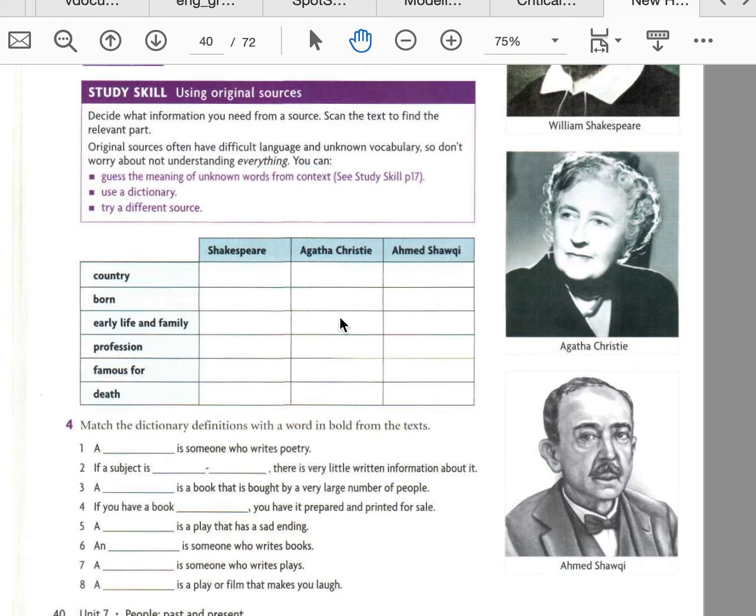And finally, we have Ahmed Shawqi. As you may all know, Ahmed Shawqi is from Egypt, born in 1868 in Cairo. Early life and family: raised by his grandmother, related to the royal family, law school, degree in translation. He has a job in the court of